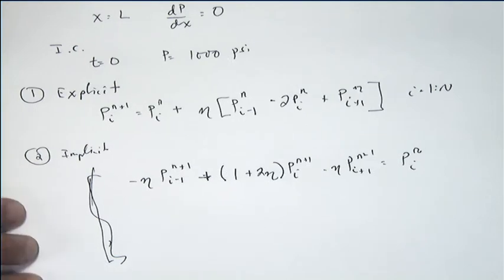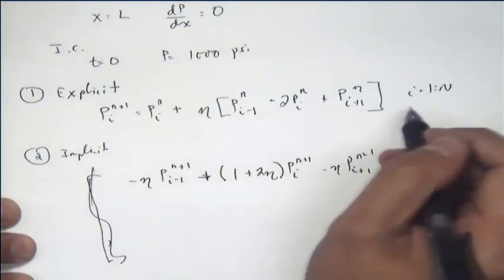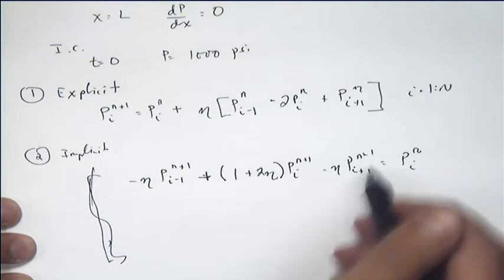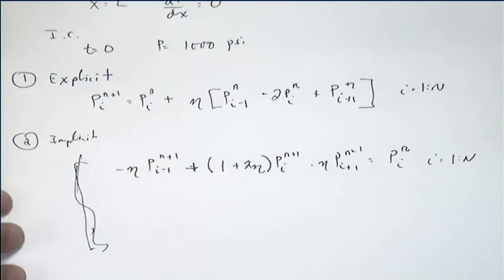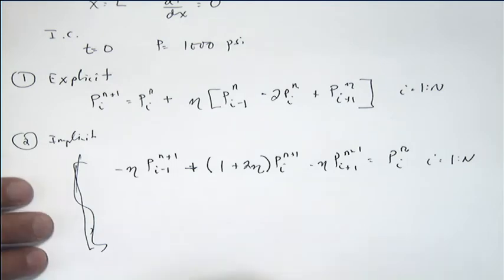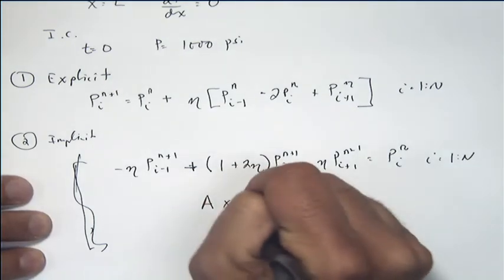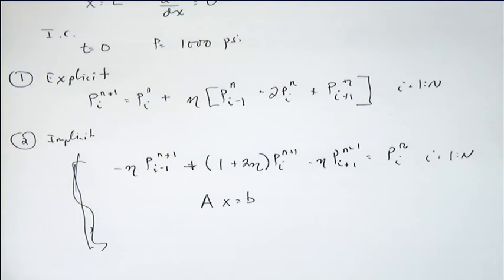That's the implicit method. In the explicit case, you can solve each equation independently. In this case, when you solve it for i is equal to 1 to n, you get a system of equations that you have to solve. So you have to solve something like Ax is equal to b, and you've got to solve that linear system of equations. But